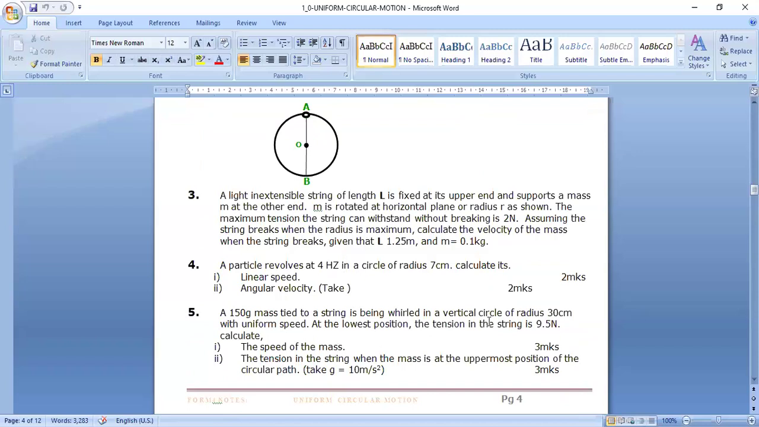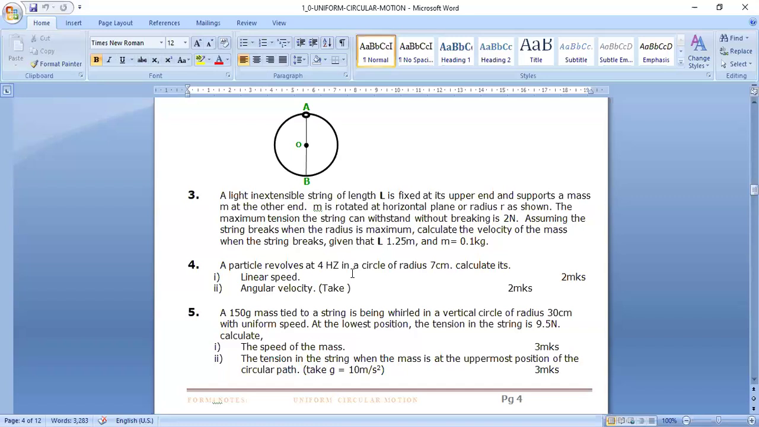We have so many questions revolving around that formula, mv squared over r. Like question 4, a particle revolves at 4 hertz in a circle of radius 7 centimeters. Calculate its linear speed. So first of all, we are supposed to get omega, which is angular velocity. So you say angular velocity omega equals to 2 pi f. So 2 times pi times frequency is 4. Whenever you see revolutions per second, it's the same as hertz. So 2 times pi times 4 gives us 25.13